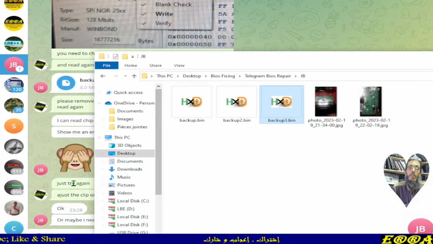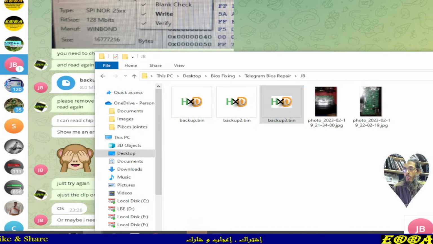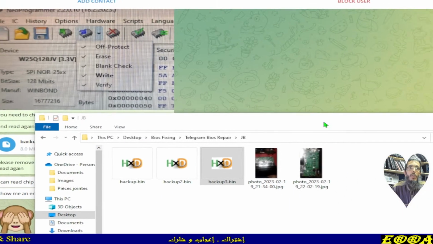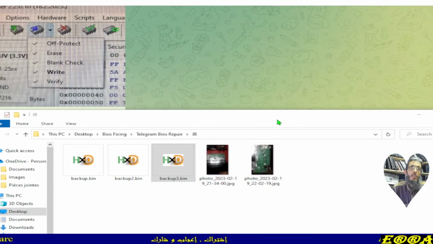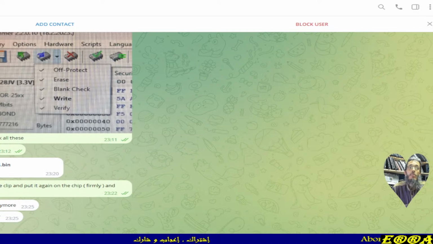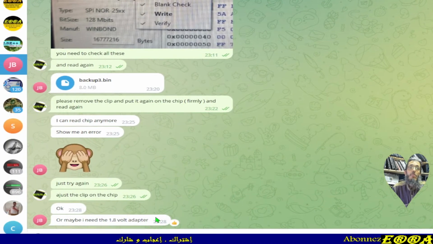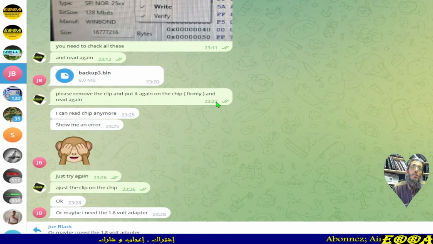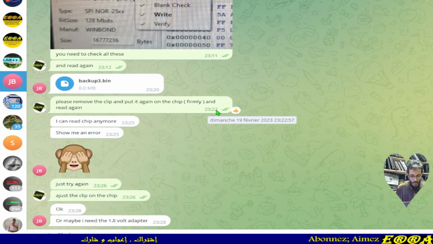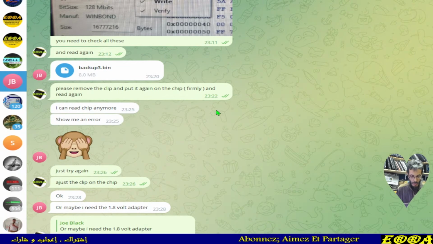If they are not good, we will need to search for a random dump and clean it and use it with this case, which is a lot of work, but of course you need that from the beginning. But you already tried with the clip.